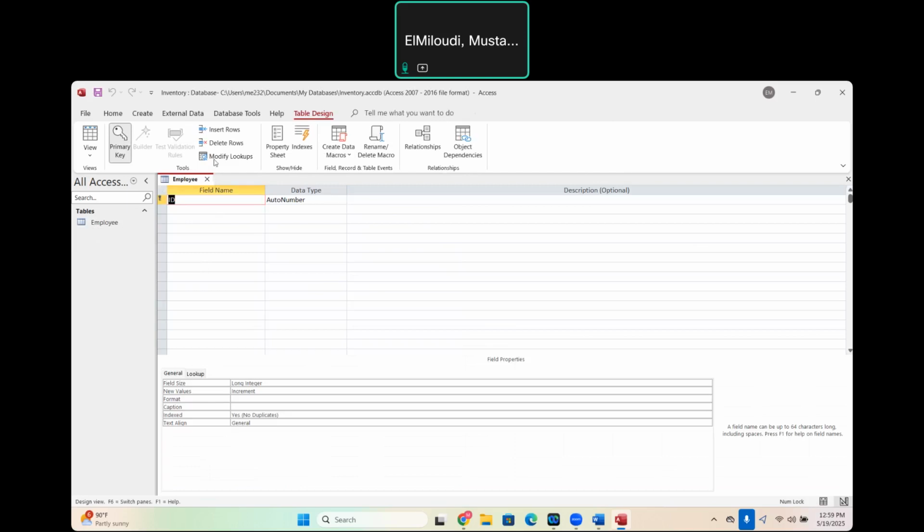And then it's showing me a table where I have to specify and list my fields or attributes, and then the data type of each one of them, and if there's any description, which is optional. So the first one, I'm going to call it employee ID. Employee ID is just like a social security number. It's very unique to every person, to every employee. Okay. And then the data type